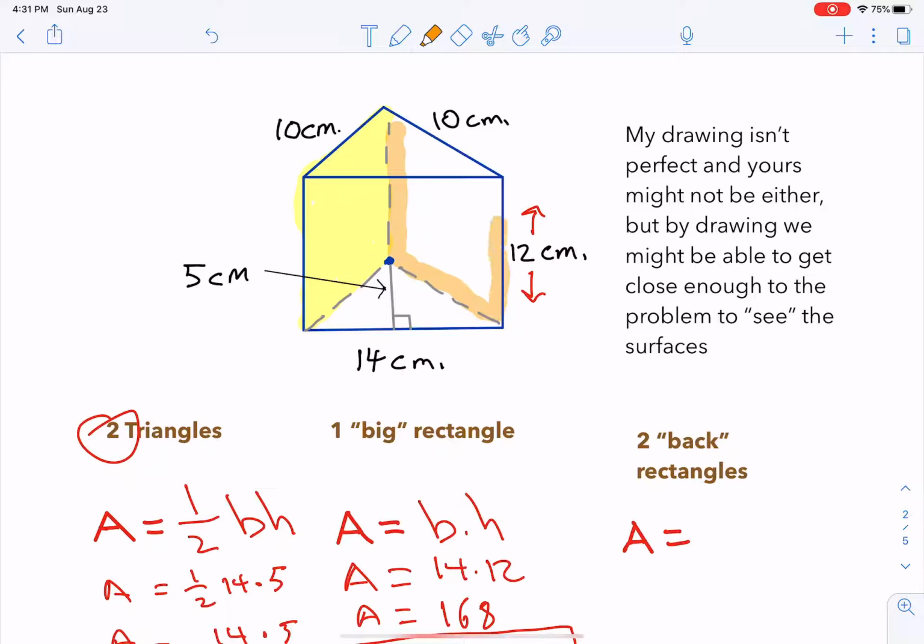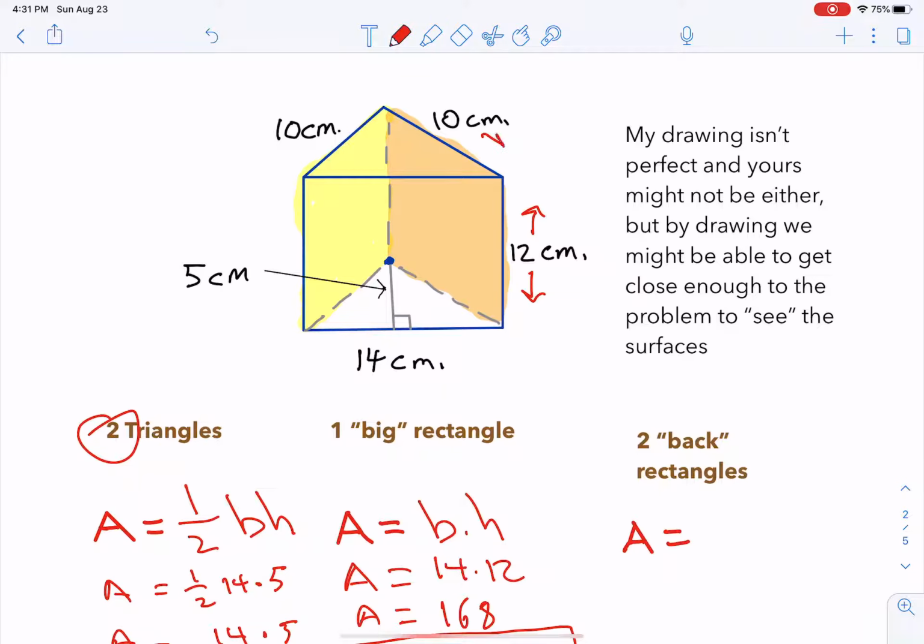And here is this other back rectangle, which I'm just happening to do in orange because I feel like it. There it is, and because I can. So we have the yellow rectangle and the orange rectangle. Even though they look a little bit different in the drawing because my drawing's not perfect,